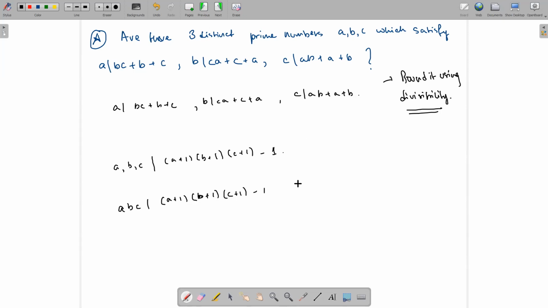We can say that LCM divides that. So just let me write this down. So ABC divides this, right? AB plus BC plus CA plus A plus B plus C, something like this, right? Okay. Now,